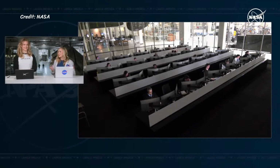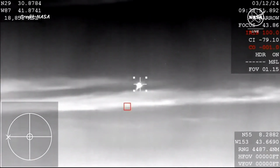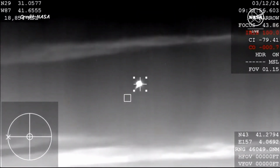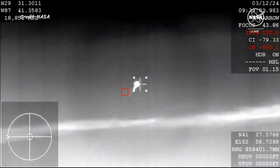And right on time, great to hear that that deorbit burn was successful. And it looks like we are getting our very first view of Dragon there on your screen. It is streaking through the sky as it continues to re-enter the atmosphere. Again, those parachutes have not quite deployed just yet, but once they are through the atmosphere successfully, we'll first see